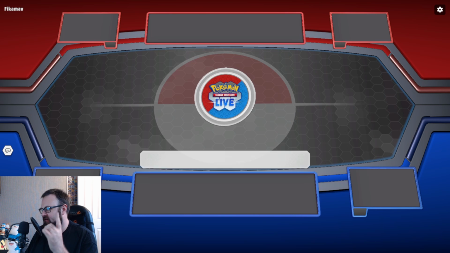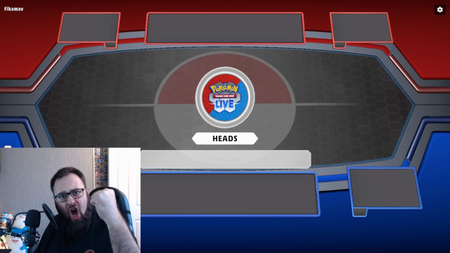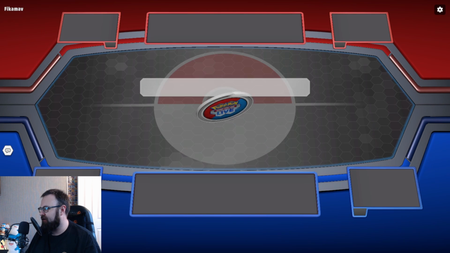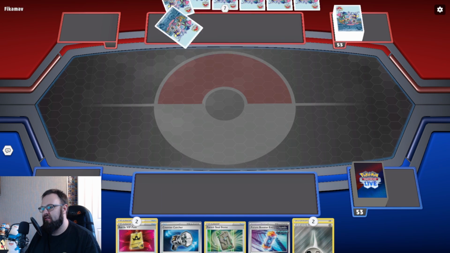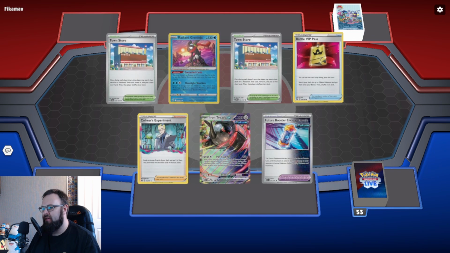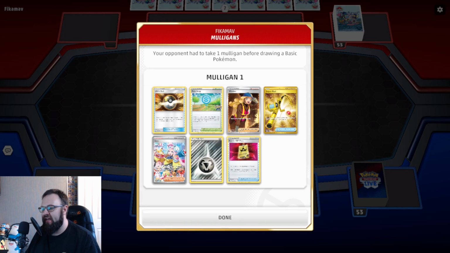The one day that I choose tails, it will end up going heads, won't it? I think I will go second. There aren't an awful lot of supporter cards in this deck, but on the off chance... Oh, why couldn't we have had a basic there? 2 VIP pass. In the off chance that we get a...